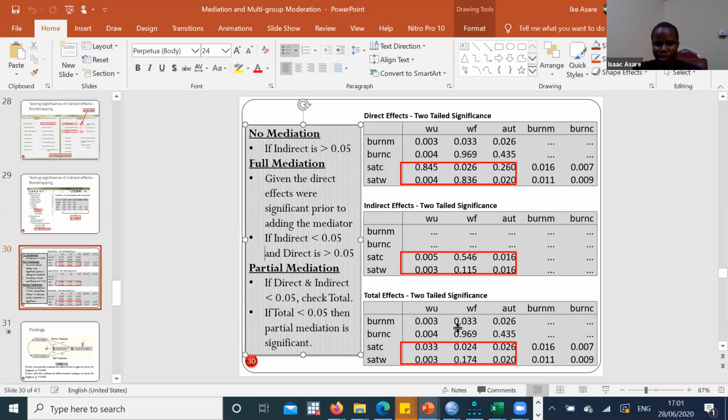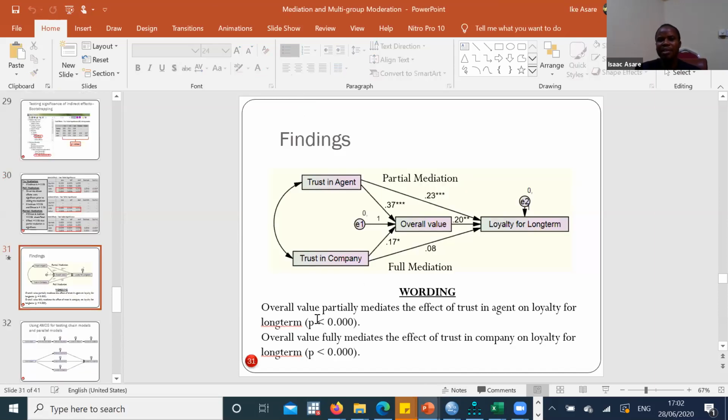So if your total, this is the total, if the total is less than 0. So you need to just observe it. If it is less than 0.05, then we have what is called partial mediation, right? So these are some of the basic things, but I wish maybe in the near future you'll be able to